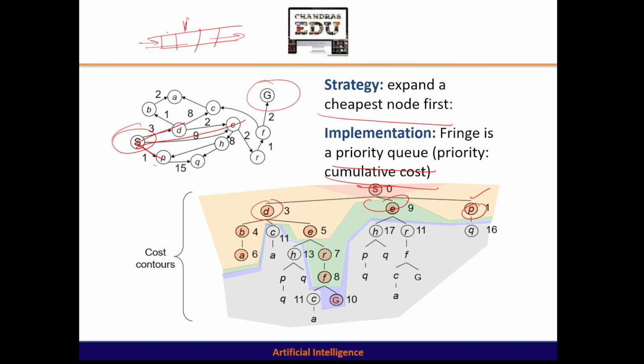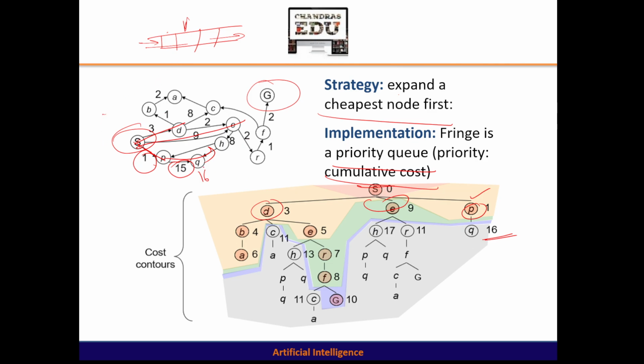Next, when we take the next level, from P it needs to go to Q. So when you take this path from P to Q, the path cost is 15. If we take the total path cost from source to Q, it comes to 16. But when we go by any other path, the total cost is not 16 at all. So we'll check the other cases where the path cost can be less, that is, where the accumulated cost is less than this 16. So let us check the first one,